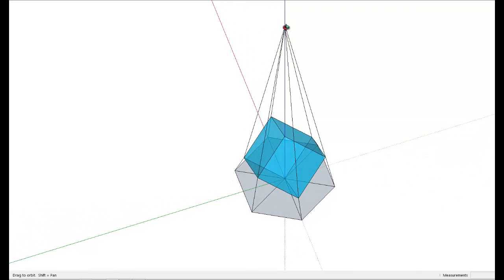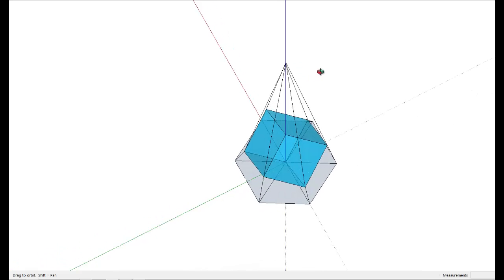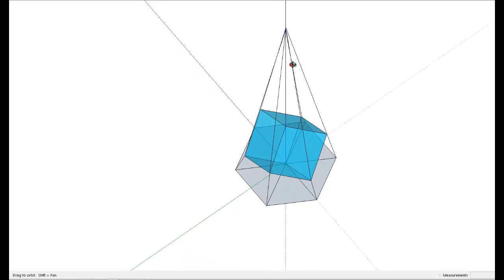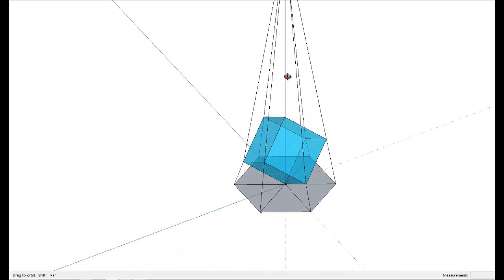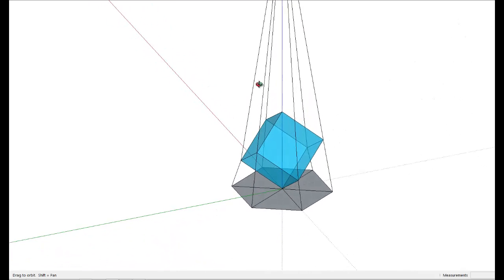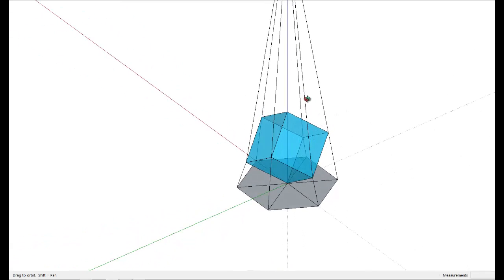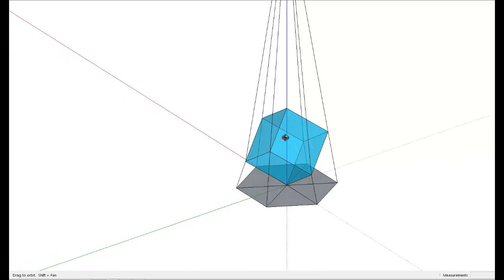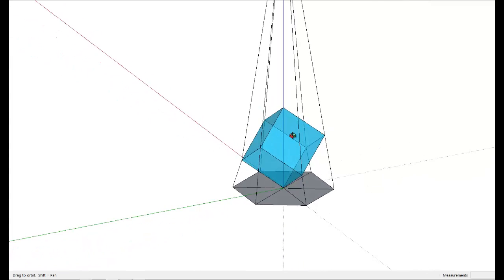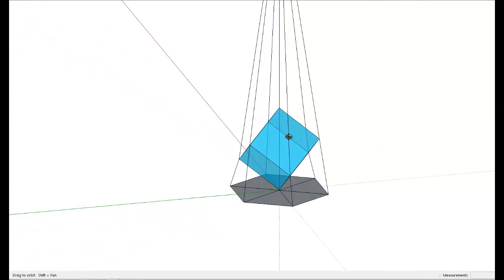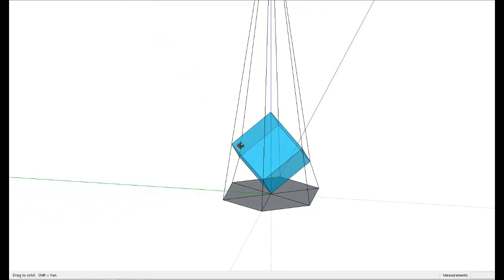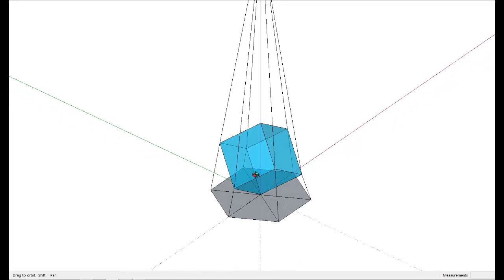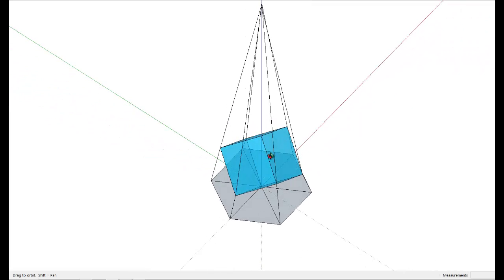If you had your eyeball here looking straight down, you can see that it flattens out and projects. So one could say that the 3D cube, when projected onto a 2D surface, is in fact a hexagon, or a hexagon is the shadow of a cube